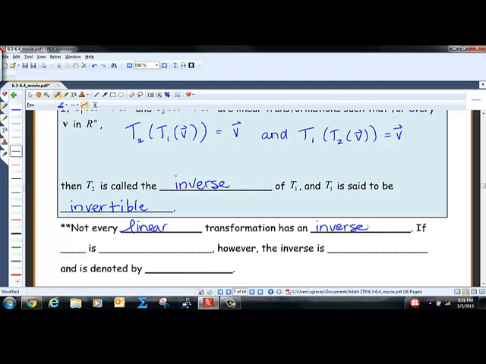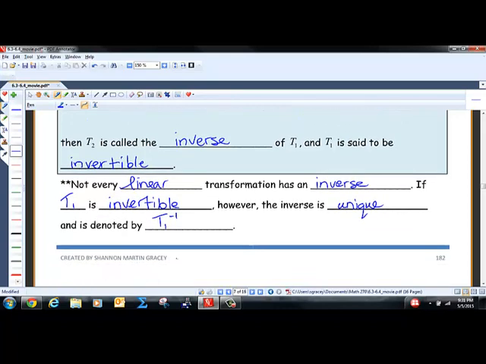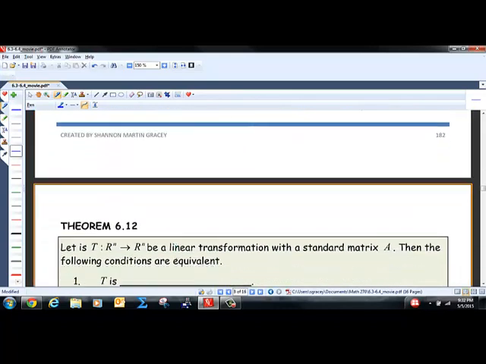So if T1 is invertible, though, then the inverse is unique. So that's important. And it's going to be denoted by T1 inverse. Okay, so next on the list is Theorem 6.12, which gives us